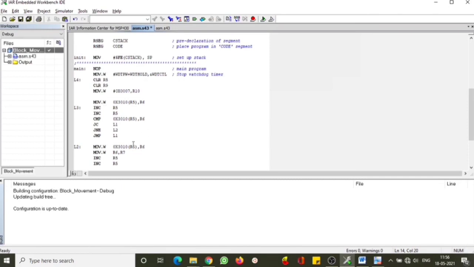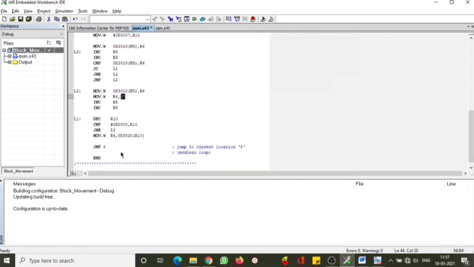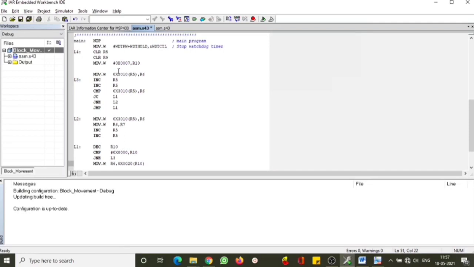So what we are trying to observe is that the maximum value is finally found at R7. That is our final movement, R7 or R6. And later on, at the end of the loop, we move that value into 0020. This is the location where we are trying to move the data. So let us try to understand how it is being done.